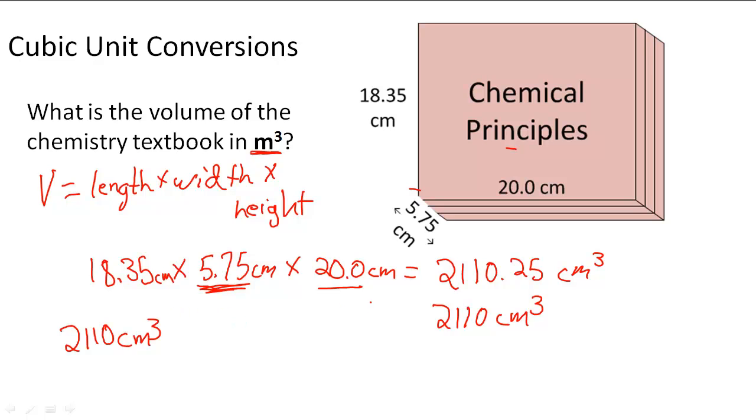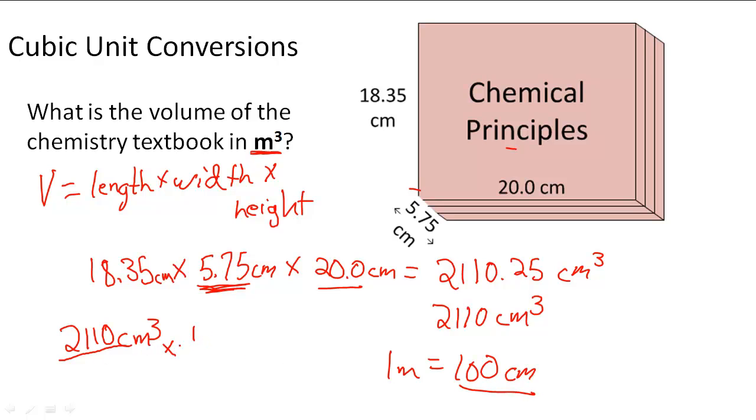So a meter equals 100 centimeters. So what we know is that centimeters cubed is actually just centimeters times centimeters times centimeters. So what we have to do is actually divide this number by 100 centimeters 3 times, because this way, if we were to draw it like this with conversion factors,